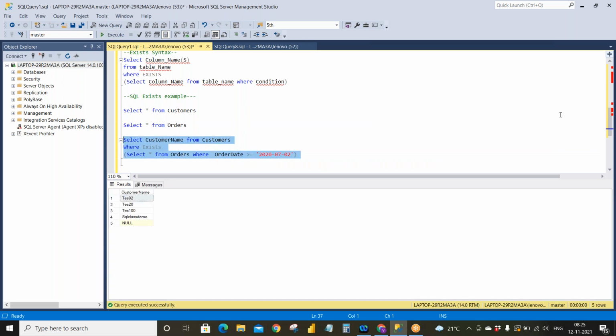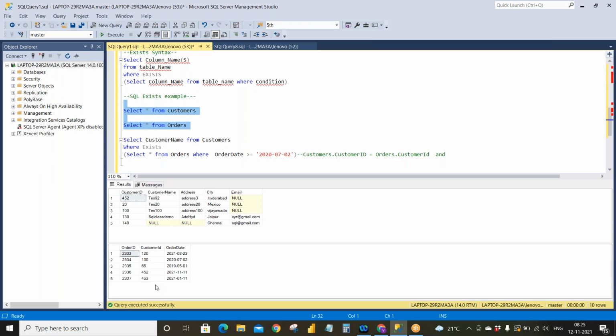Okay. So I will clearly explain here what I'm doing right now. There are two tables, customers and orders table. I want to know the customer names for which my order date is greater than 2020 July 2nd. It is in the year, month, date format.